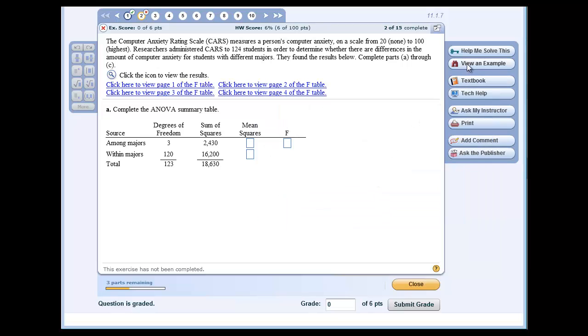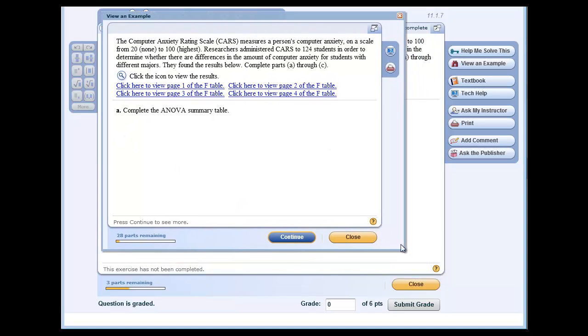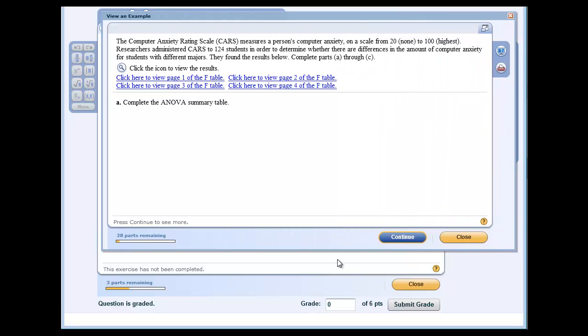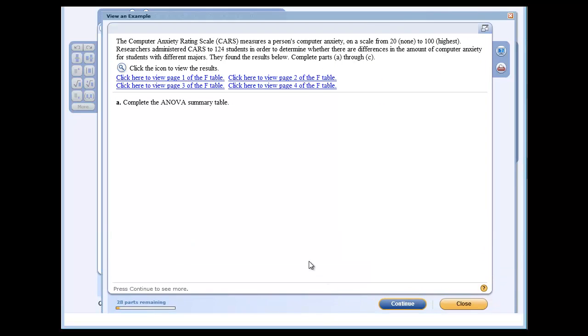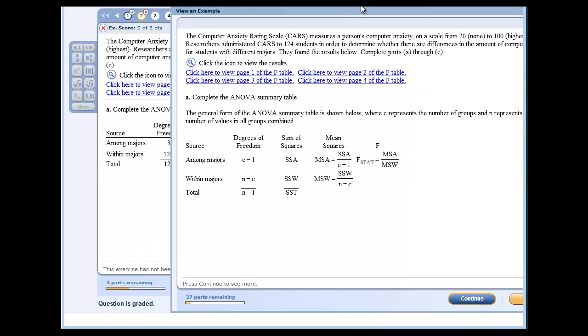Now, what you should do for your work, if you're not sure what to do, just view an example here. So here's the example, and it's going to be a similar problem. And I don't think I can make this, well, I guess I can make it a little bit bigger. There we go. Okay, so now we have an Anova table,